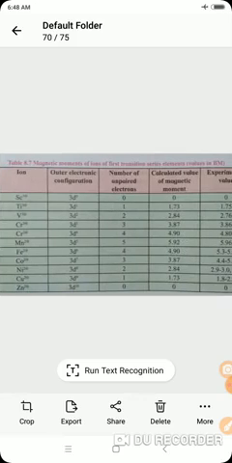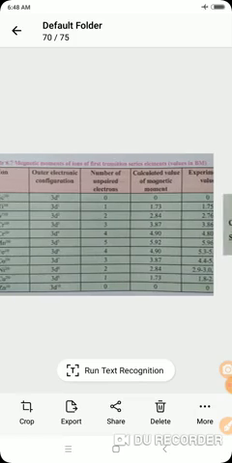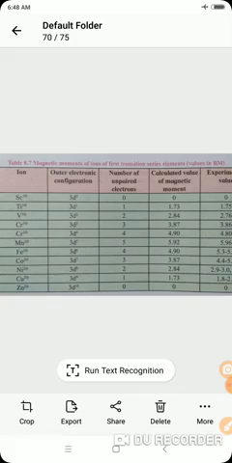Now see, the ions are given, then the outer electronic configuration or valence shell electronic configuration, then the number of unpaired electrons, and then two columns are shown, the first of which is the calculated magnetic moment. We also studied earlier that there is a slight difference between the calculated magnetic moment and the experimental value.